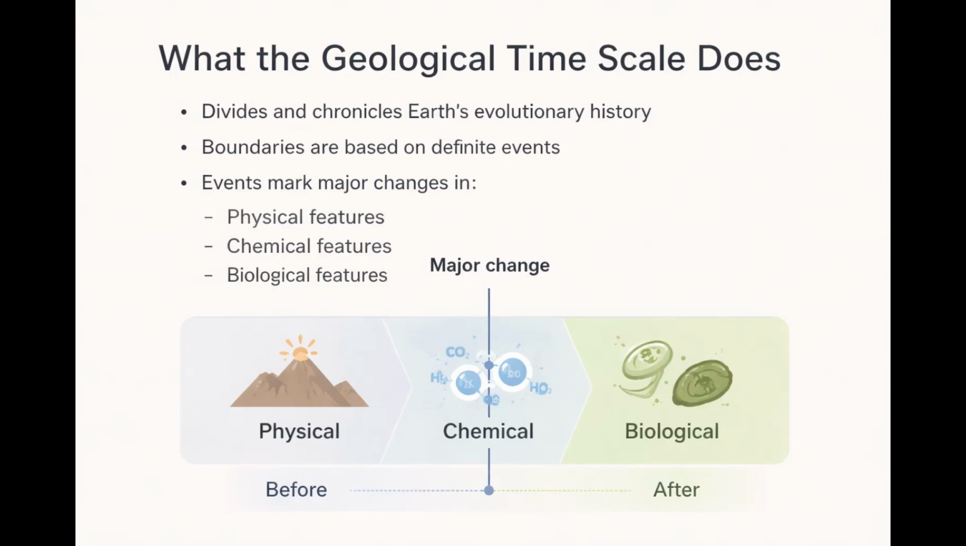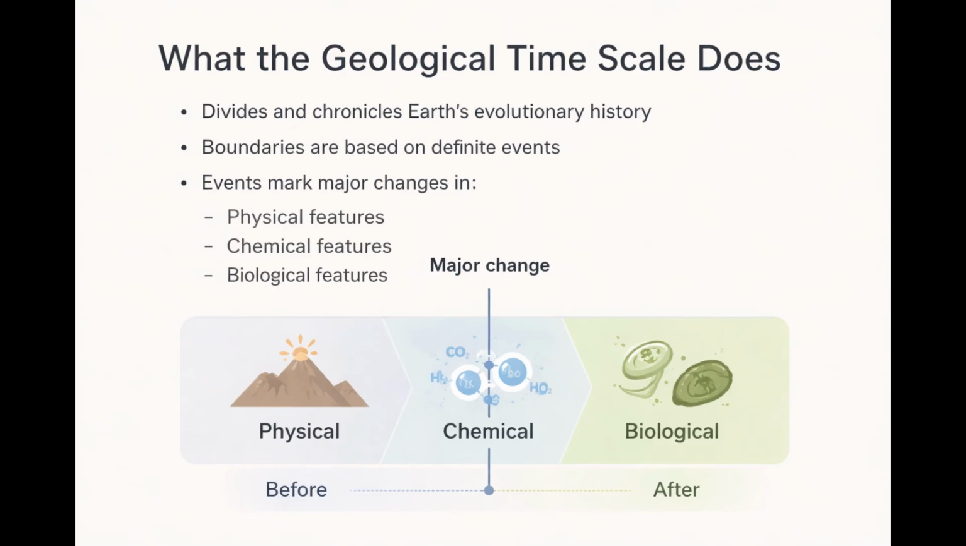The geological timescale divides and chronicles Earth's evolutionary history. Importantly, the boundaries between time units are not arbitrary. They're tied to definite events that caused major shifts in Earth's physical state, chemical environment, and biological life. For example, a big change in atmospheric composition, a mass extinction, or a major reorganization of continents can all define